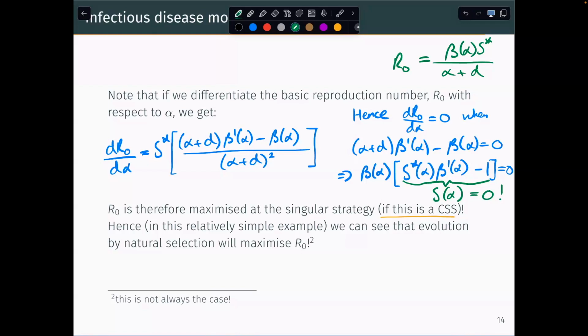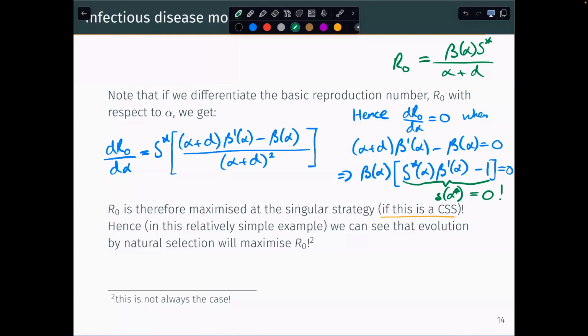Well, let's take out a factor of β(α). Let's take this up the front. We now have (α + D) over β(α), times β'(α) minus 1. To avoid confusion as before, let's just make sure this is a little s. This is our selection gradient. This is our general selection gradient, but if we think about what happens at S star, s of α star,